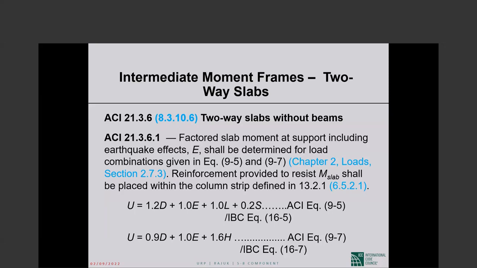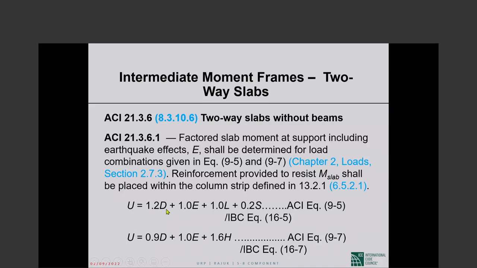We are now beginning to talk about slab column, flat plate column frames being utilized as intermediate moment frames. They cannot be special moment frames, but they can definitely be intermediate moment frames. When you want to utilize a flat plate column frame as an intermediate moment frame,